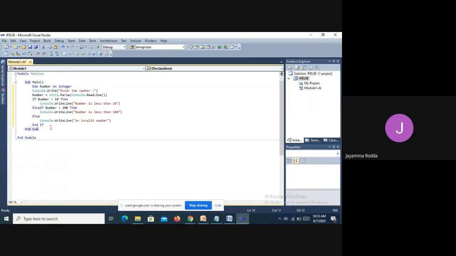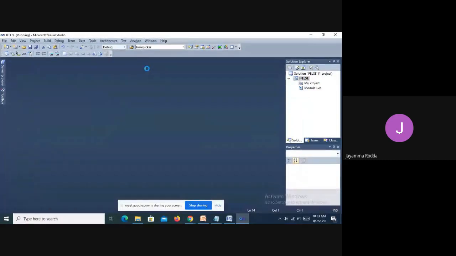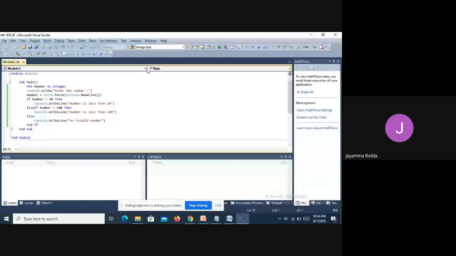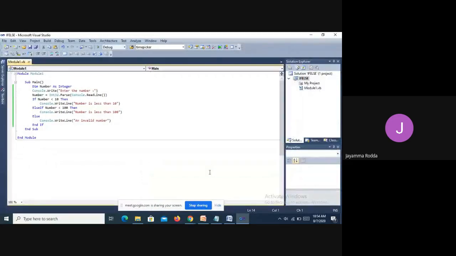Okay. And now I wanted to tell you something. Let me run this code and let us see what happens. One more line has to be added. I am purposely not adding it. Let us just run and see this. Enter the number. Okay, I have entered the number. So you cannot see the screen. The screen is not displayed.